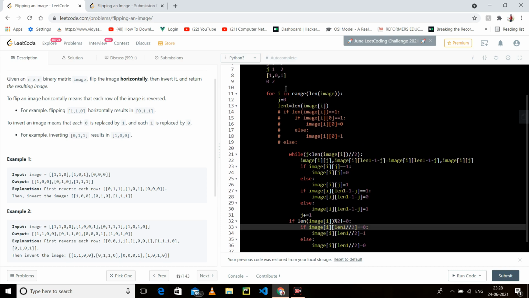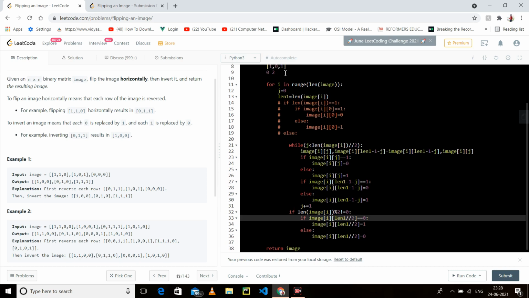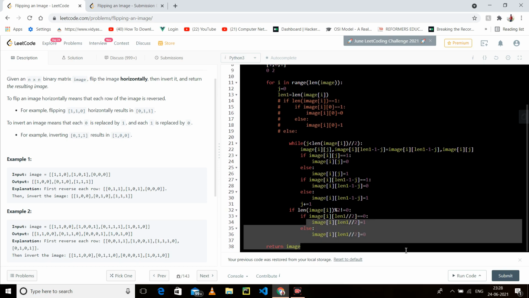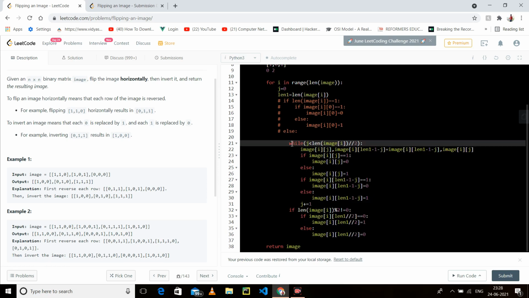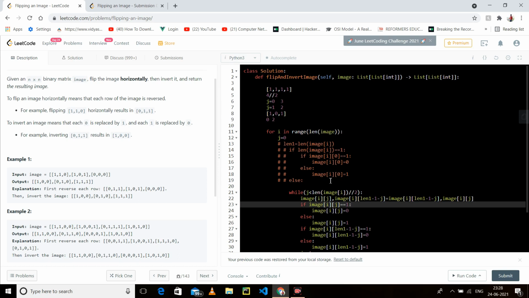Here we have a 3, so 3 divided by 2 is 1. So you have to flip the value which is present at index 1. So this is our first index, so we are flipping this. So we are done. So why have I applied this condition here? I have applied this condition here because